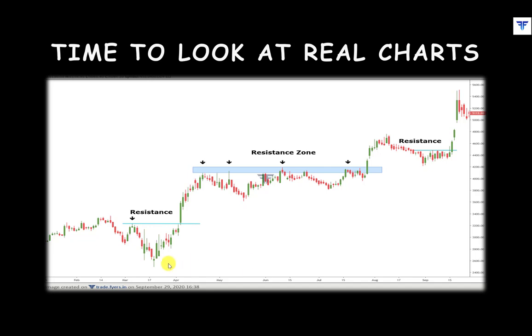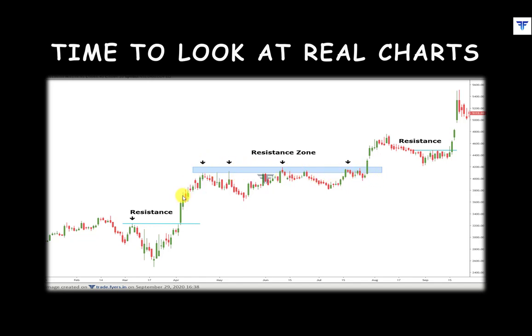To the left of this chart, notice that when price managed to break this prior resistance over here, it formed a strong bullish candle, indicating that buyers have started dominating the sellers. The rally that followed this ended at a particular level, the vicinity of which acted as a strong resistance zone to price over the next several candles.